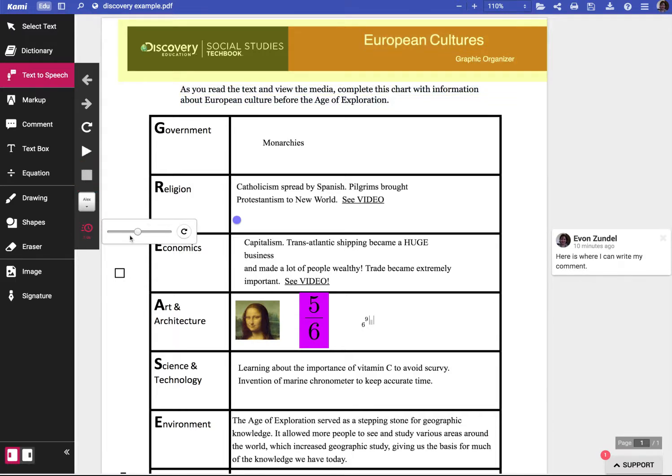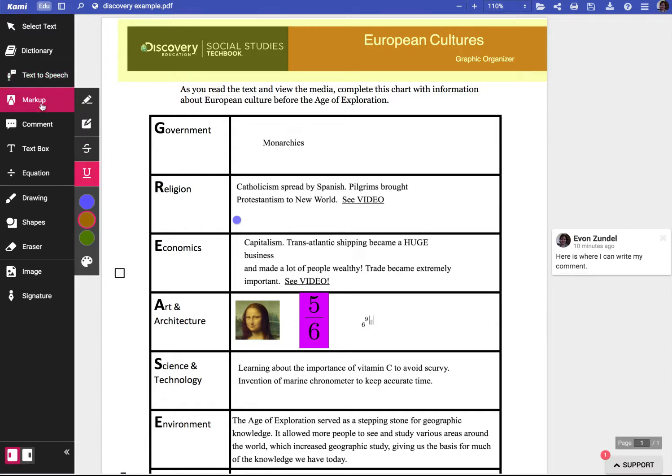I can slow it down, and I can change the voice. And I can just select a sentence. So I really didn't need to press play. I just needed to be on that text-to-speech and select the phrase, and it went to it,